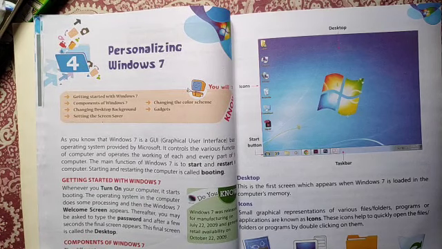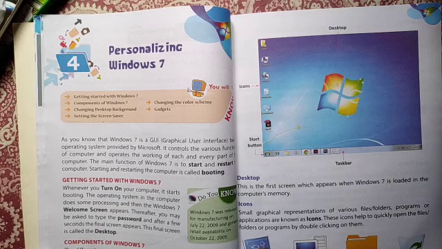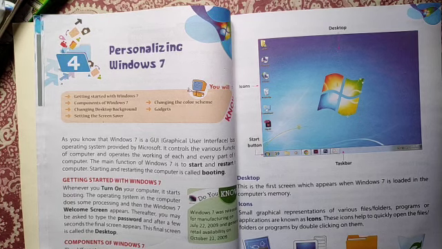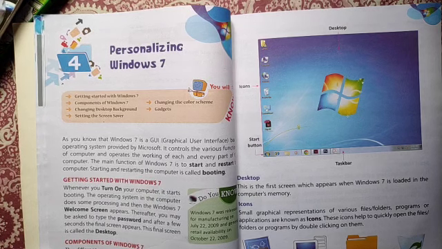The different components of Windows 7 which help us to interact with the computer are desktop, icons, shortcut, taskbar, start button, start menu, show desktop, and date and time. These are the main components that we can see when we turn on a computer using Windows 7.